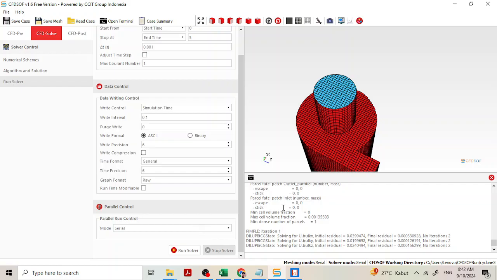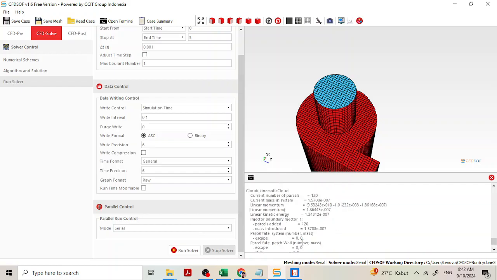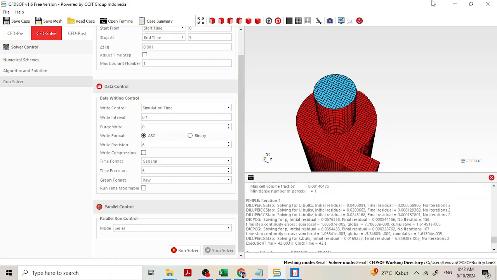Wow, it's very good. Stop solver. Okay, now I think the next step is